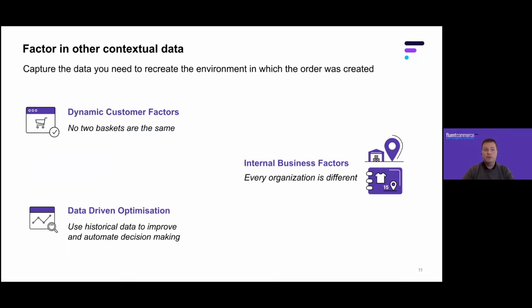So there are things that you can understand about a particular customer's basket at a point in time: what they're buying, how much it costs, what loyalty group they sit in, where they want it delivered or collected, what time of day the order is being placed, and any attribution about the products that they're buying. Those are very much what we would consider to be external consumer factors. But then you may also want to wrap around that assessment